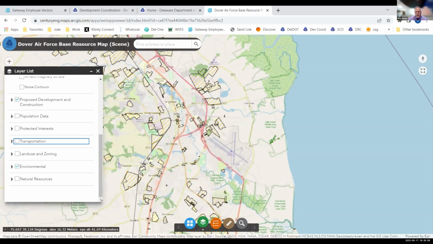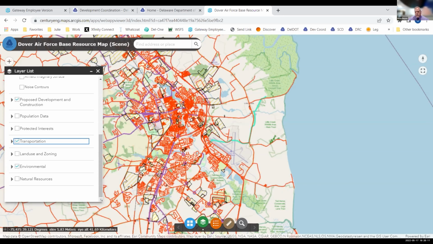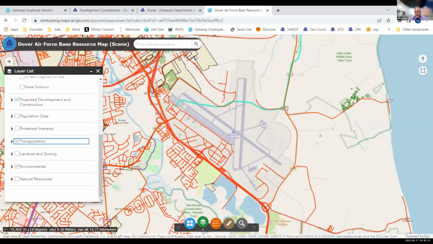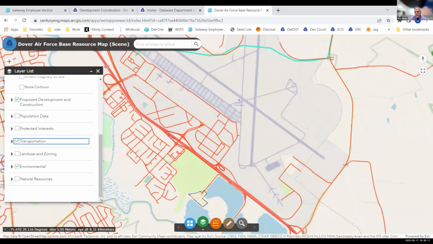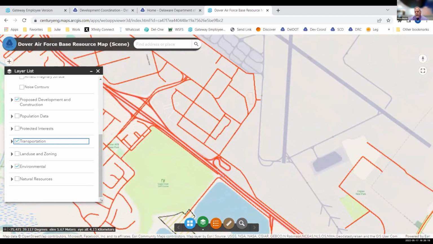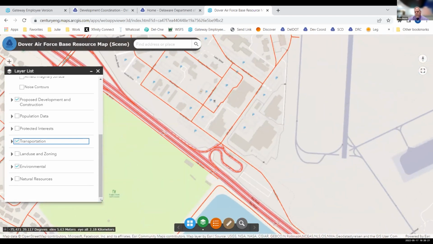We're also going to be looking at a few of the concerns that the Air Base shared with us. The commercial entrance is here. They have to X-ray and examine every commercial vehicle that comes into the base. And so that happens here. It's in really close proximity to Route 1. And so from a logistics perspective,